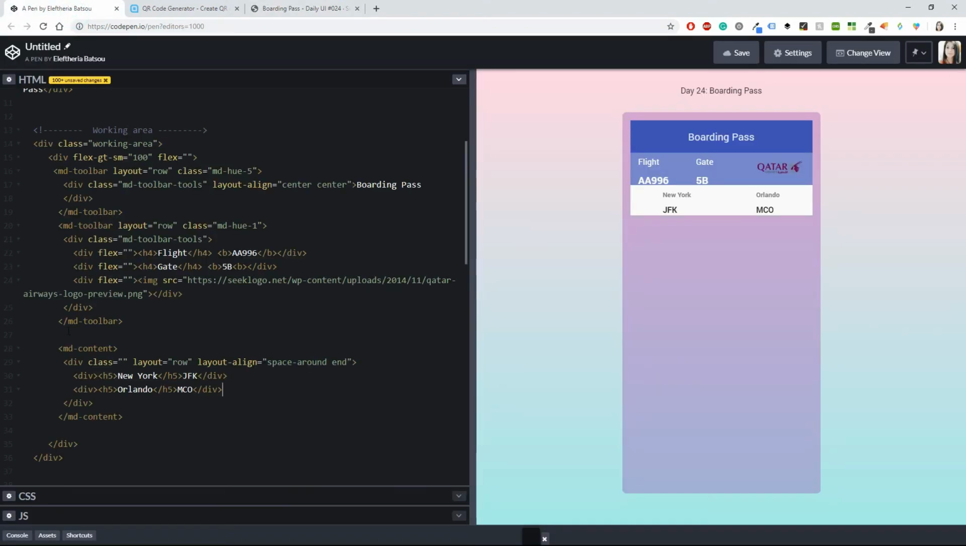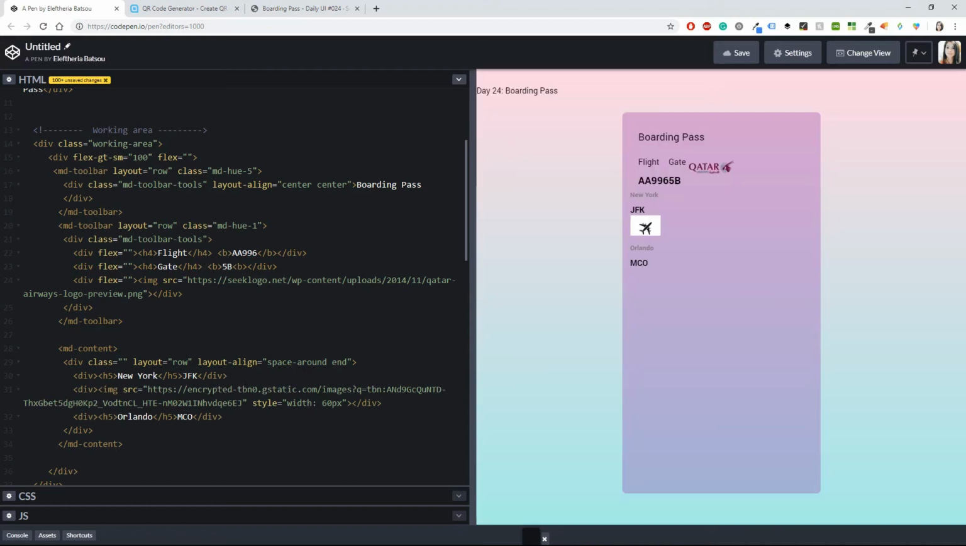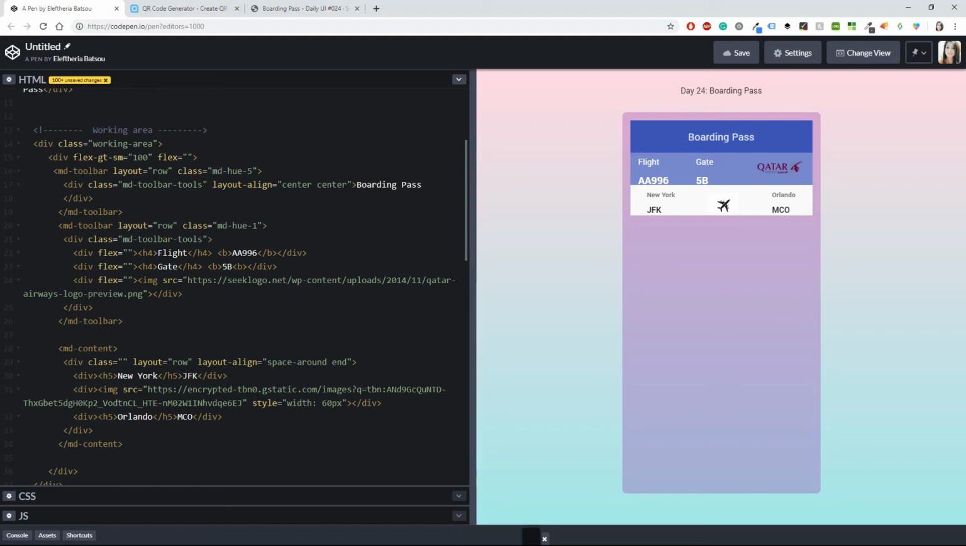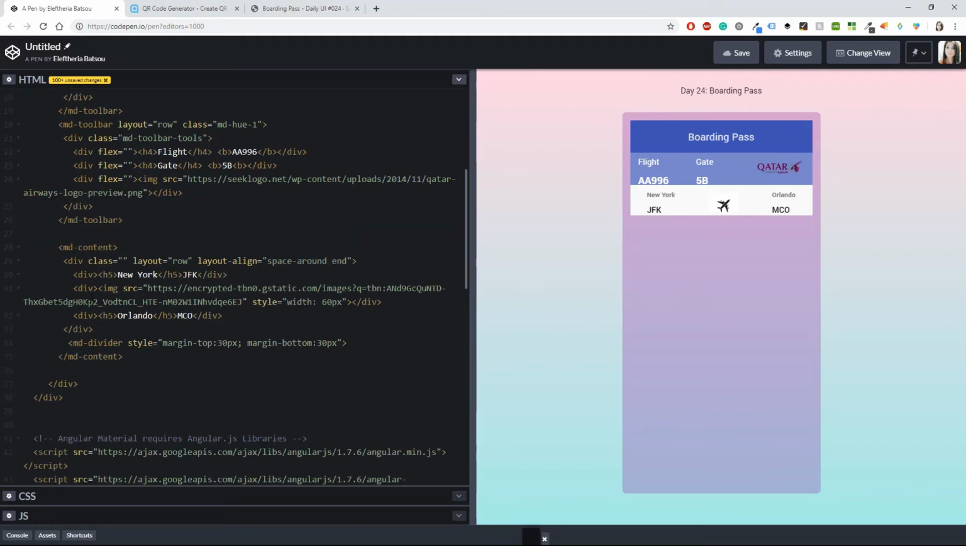But in the picture that we saw here, it also has an airplane. I think that this is a beautiful detail, so I will try to add it here, just between these 2 divs. I'm going to have like a small icon or a small image with an airplane, and that's why I also have added this style with width 60 pixel. Okay, now this is cool, but again I need something more, and this is going to be a divider,